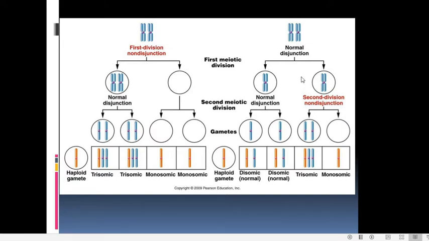Now we will go to the other condition where the first division was normal. The 2 homologues separated. In the second division, this underwent normal disjunction, whereas we go to this particular cell. Here the disjunction was abnormal. Both the chromatids went to this particular daughter cell, whereas the other daughter cell didn't get any chromatid of this particular chromosome. So the gametes formed will be of 3 types. 2 will be normal gametes. This particular gamete will be having an extra chromosome. This particular gamete will be lacking that chromosome.